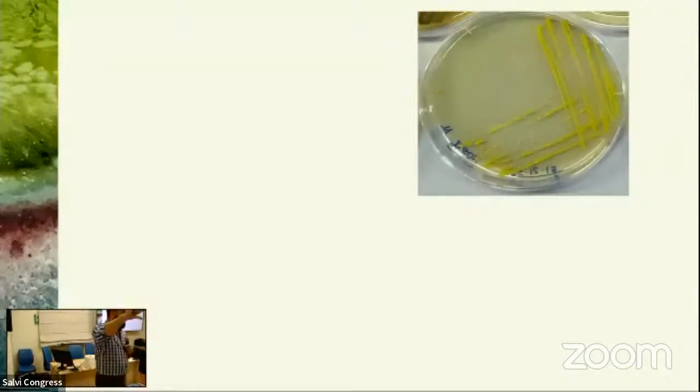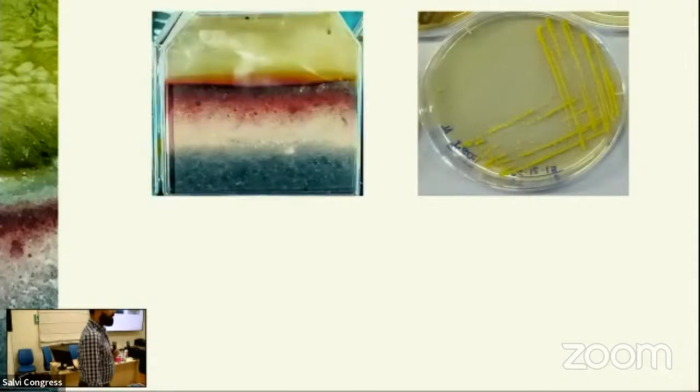When we do experiments of manipulation of a limited number of factors, we never know what's going on in the real system down there. So he developed a way to grow microbes that doesn't grow single microbes, but grows instead a complex gradient of microbes. Now, what you're seeing here are several types of microbes that are layering on top of each other. The colors are just a telltale of what type of